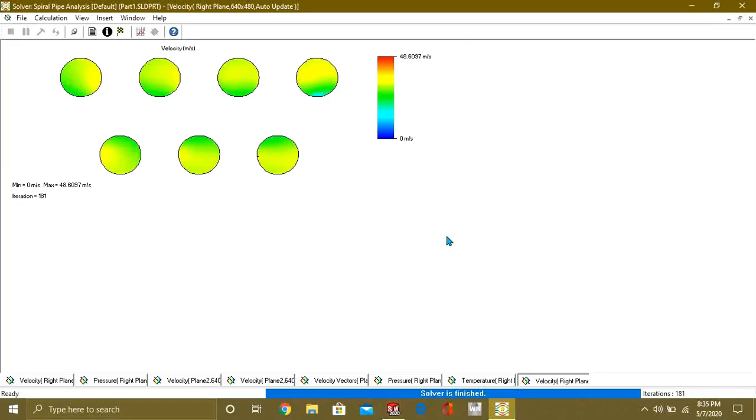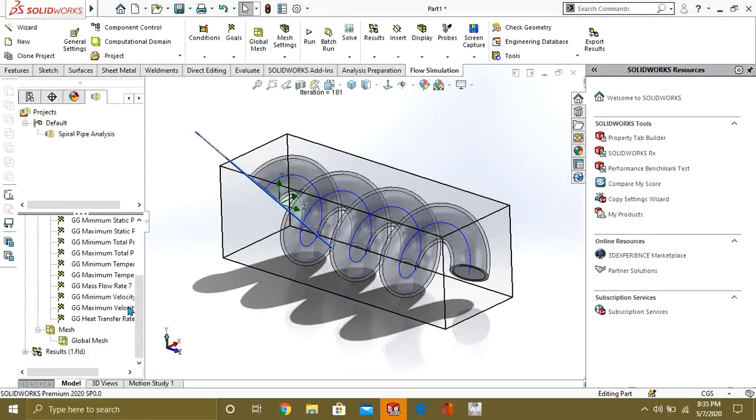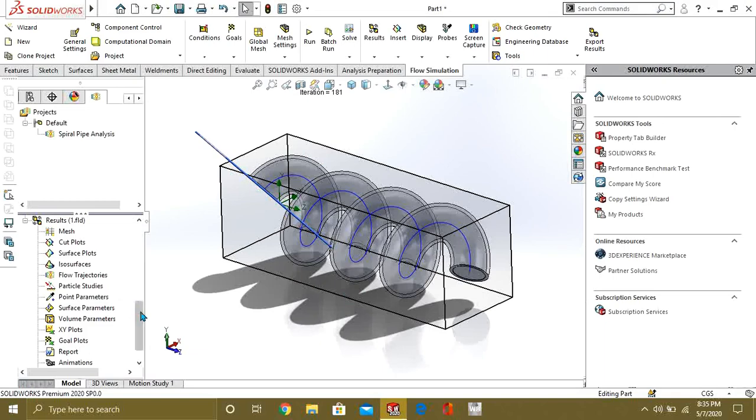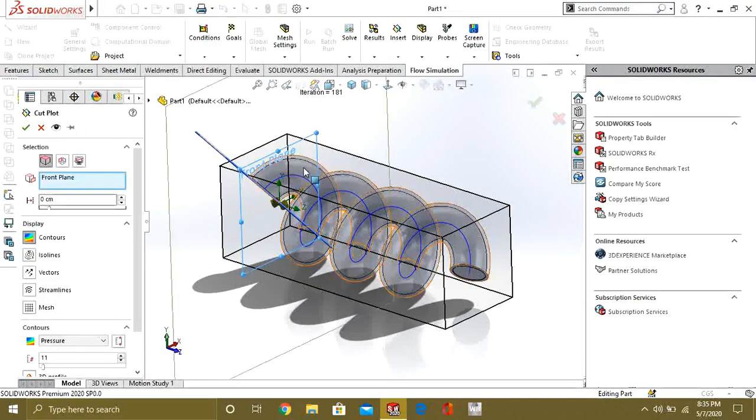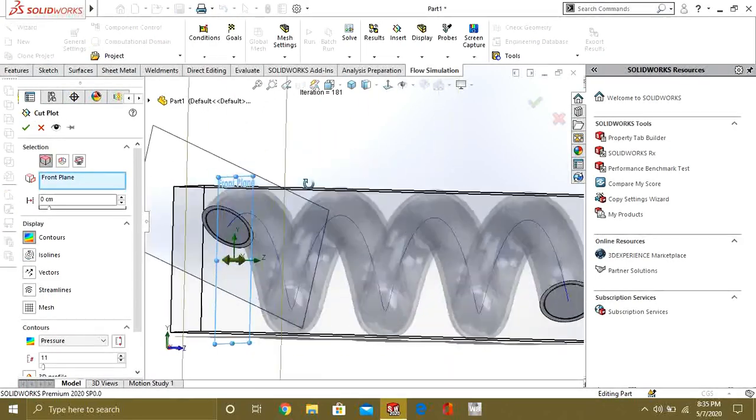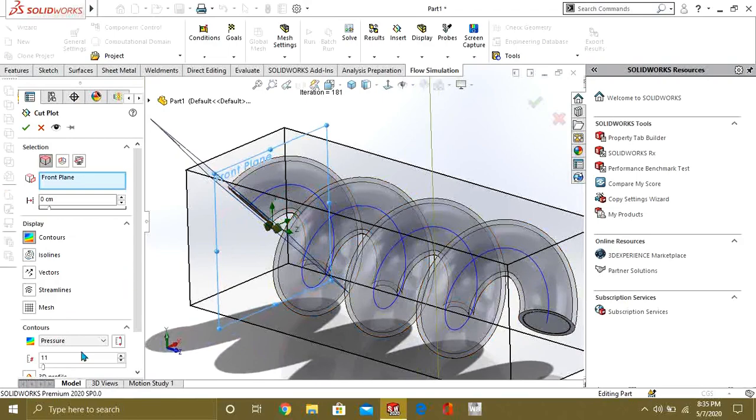So our solver is finished. Now we will see the results. First of all, in the results option you can go to the cut plots. I am selecting the front plane because of our geometry. Select OK.